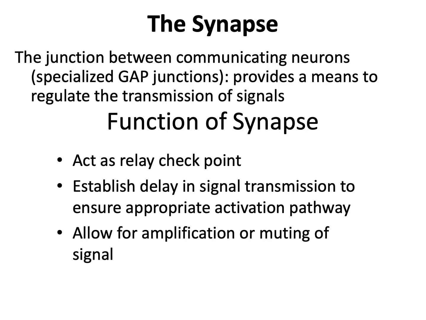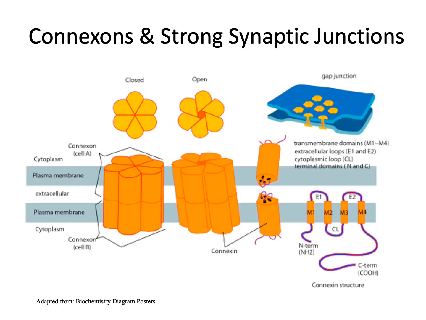It's going to allow for either amplification of the signal, a greater output, or a muting of the signal, a reduction of output along the pathway. The synapse itself is held in place by a series of proteins known as connexons that hold the membranes in proximity to each other and can function as a pore between two neurons in the formation of the strong and/or electrical synaptic